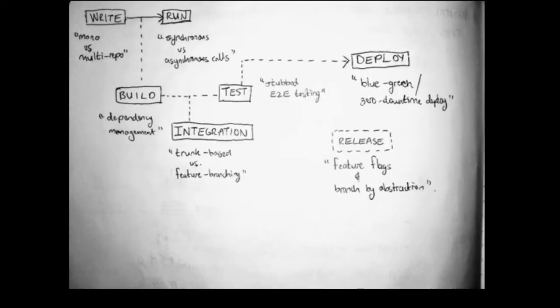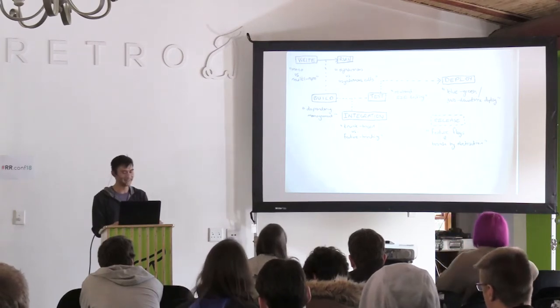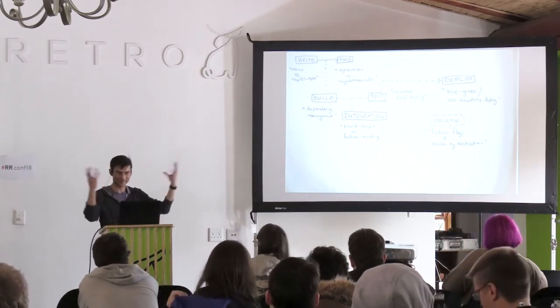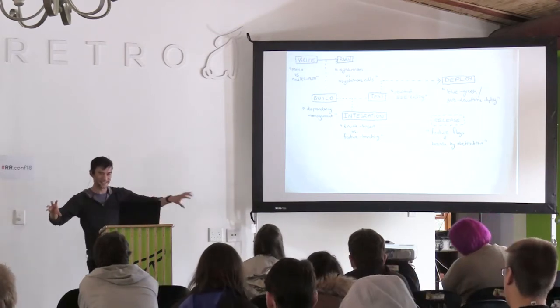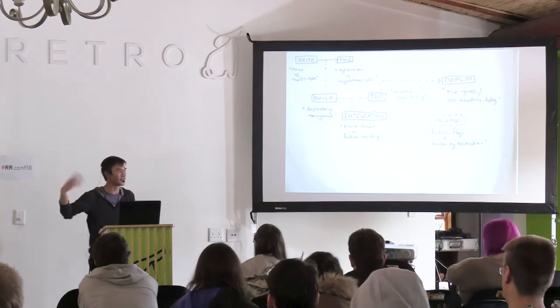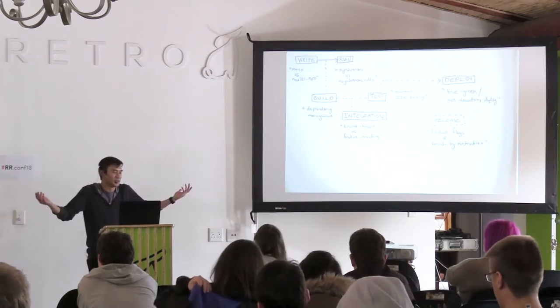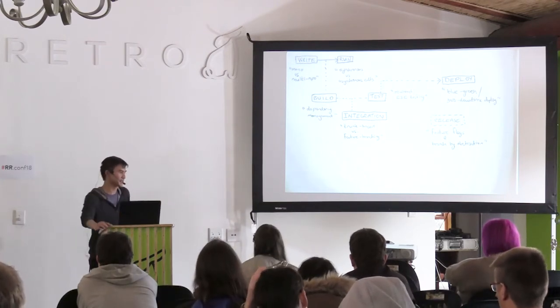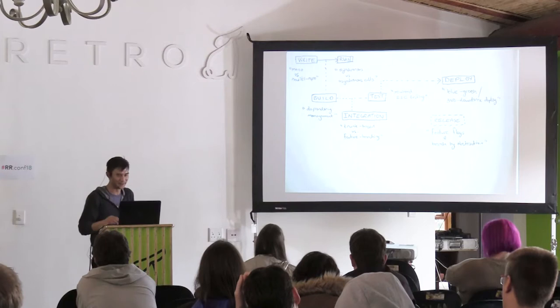And I just added release there, because who here works with feature flagging? Cool. This is the gold standard, where you decouple your deployments from your releases. You can deploy every 10 minutes or whatever, it doesn't matter. Whenever someone pushes code, it goes through automatically and deploys. And you put the release button on the CEO's desk and he releases whenever he wants. That's the gold standard, but in practice, it never really works out that way.